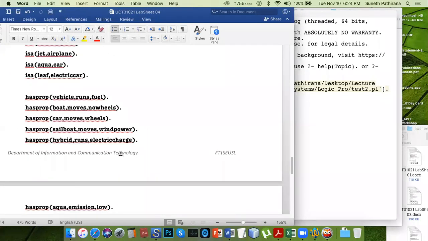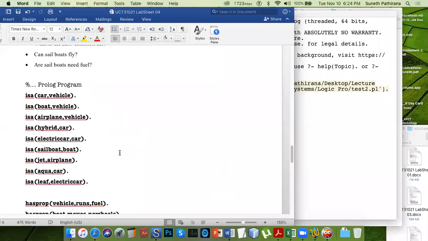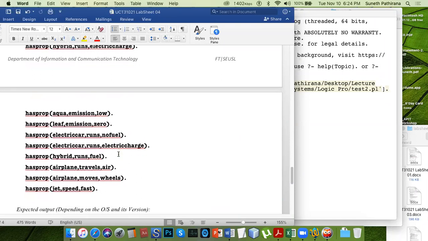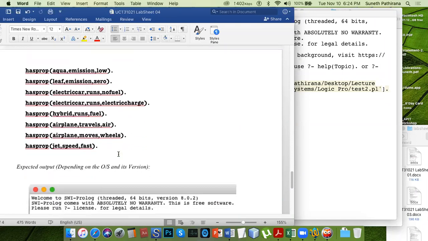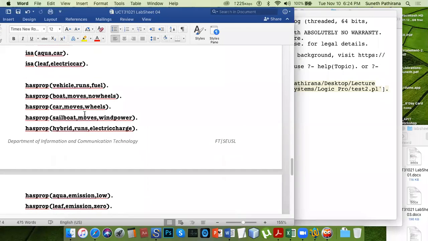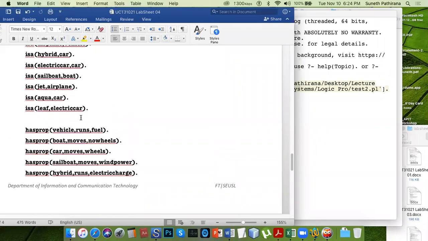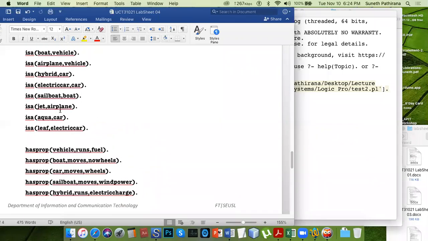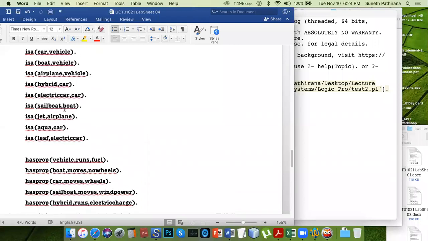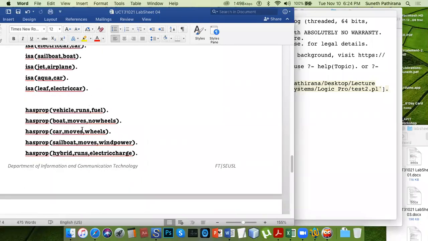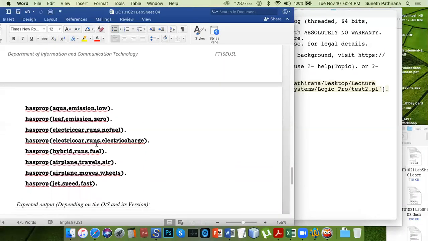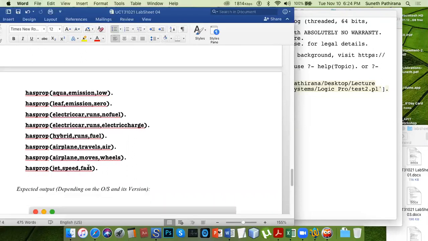Fly. Where did we define the thing fly? We have to find where the fly property is. Boat, tricker, leaf, aqua, jet float, jet, airplane, car, vehicle, runs, moves, runs, emission, runs, travels, moves.